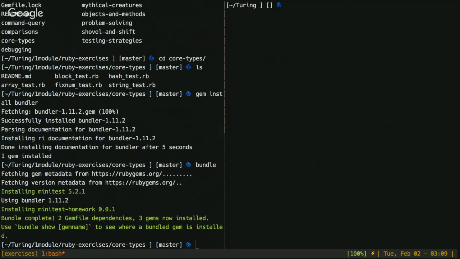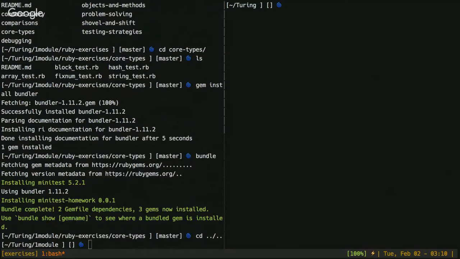Okay, so we're just going to go back to where we were. We're going to pretend that we just cloned down. And Claudia, I'm going to take a look at yours after we get everyone else rolling.